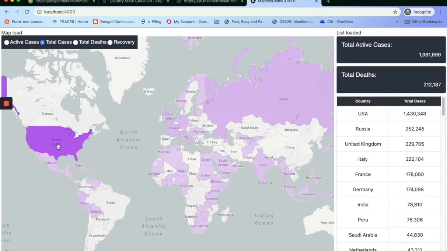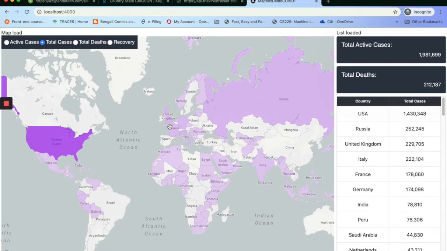That is why the US is darker than Russia and United Kingdom. Those are pretty close, but still the difference is there. Russia is darker than United Kingdom. I have used random colors, that's why it is hard to visualize, but eventually you can get it.